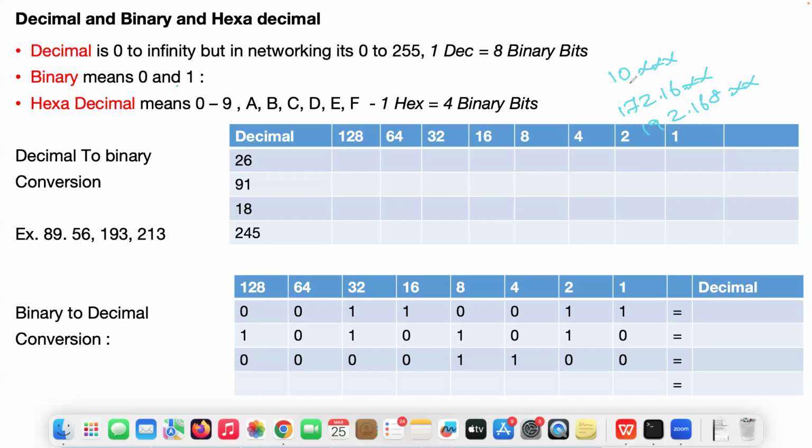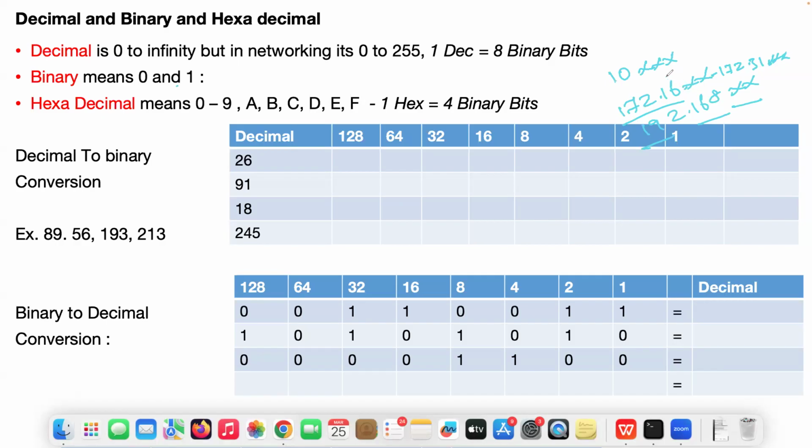Like 10 dot anything is private. 10.0.0.1, 10.1.13, 10.128.196.213, private only. In this range, 172.16 all the way to 172.31.x.x, any IP address you are getting is a private IP address. 192.168, anything is private only.